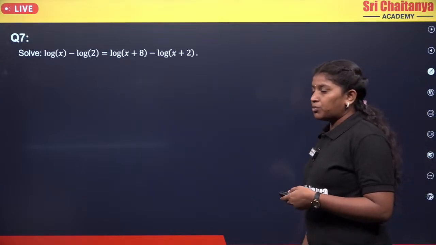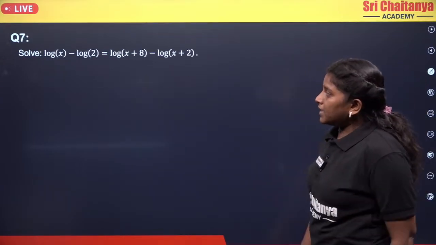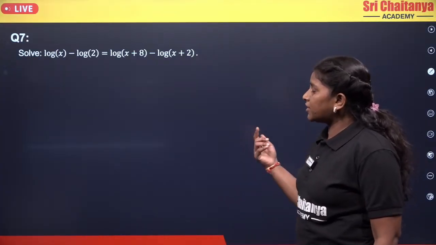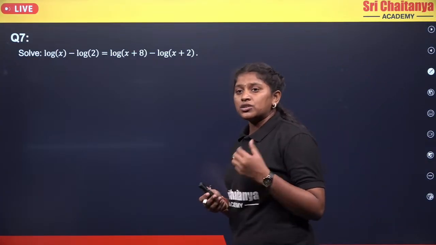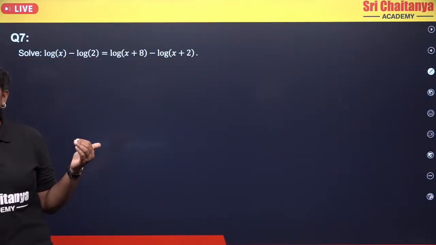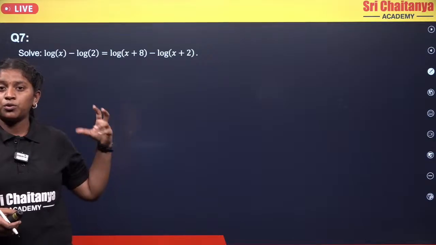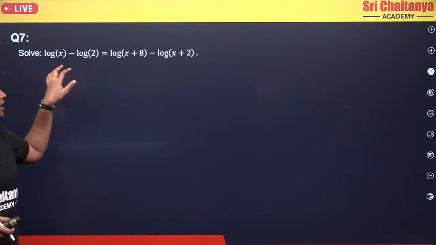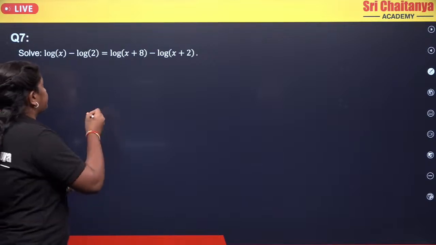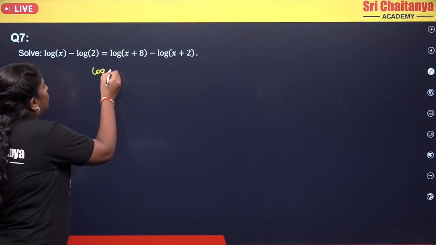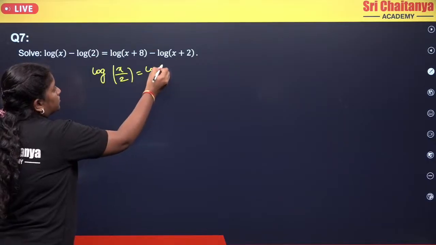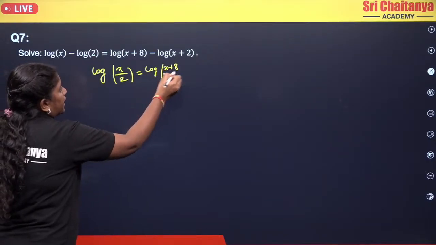Clear? Now moving to the next, log of x minus log 2 equals log of x plus 8 minus log of x plus 2. So coming to the equation or inequation, we are just going to use the laws of the logarithms on both the sides. If you observe here clearly, we will be having the log a minus log b. So we can write it as log of x by 2, which is equals to log of x plus 8 by